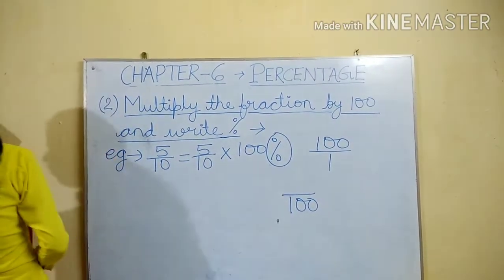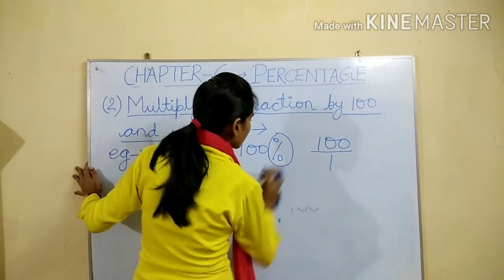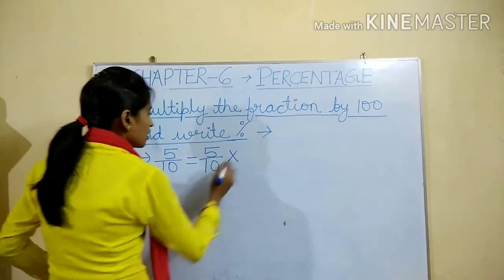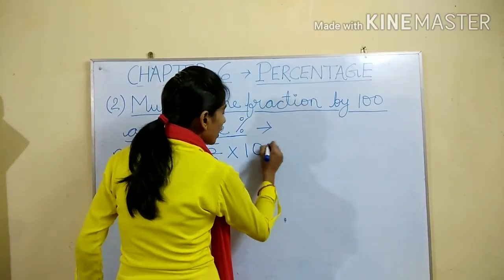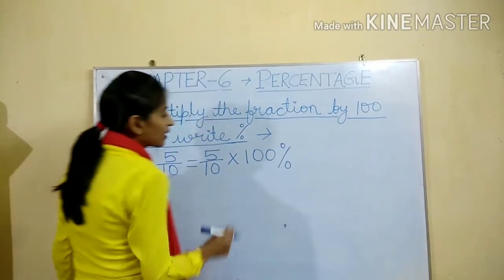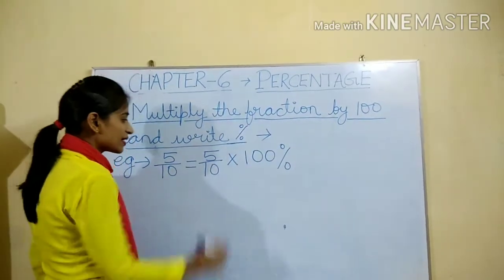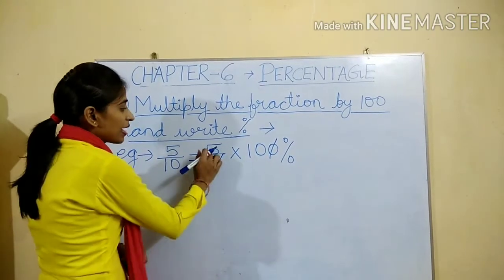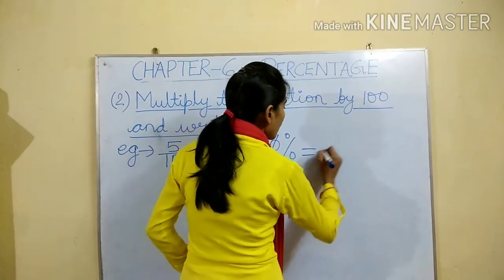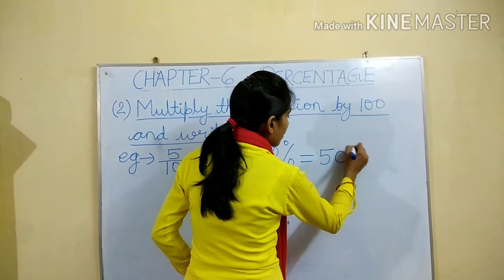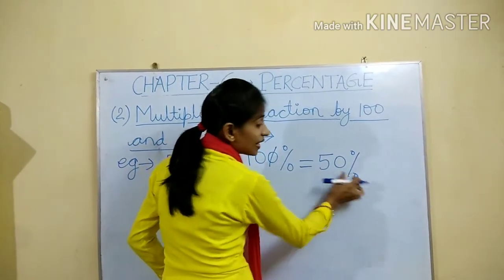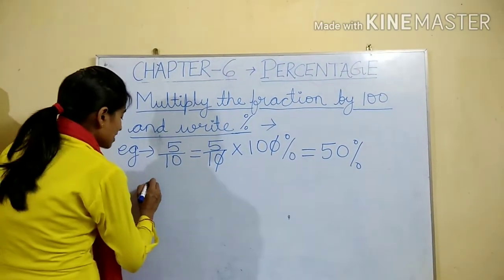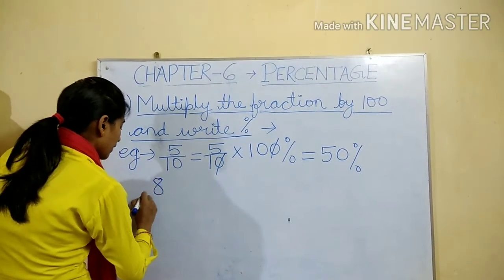Okay, so once again we write, 5 by 10 into 100 by 100 means 100%. 10 and 10 cancel and 5 tens are 50%. This percent sign is very important. Okay, don't leave it. Next example, 8 by